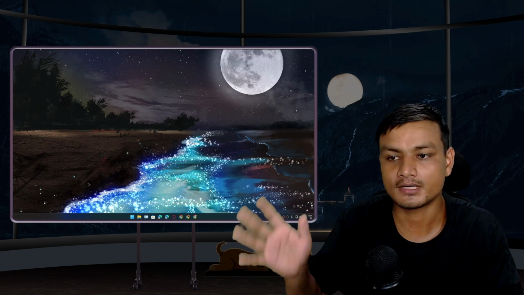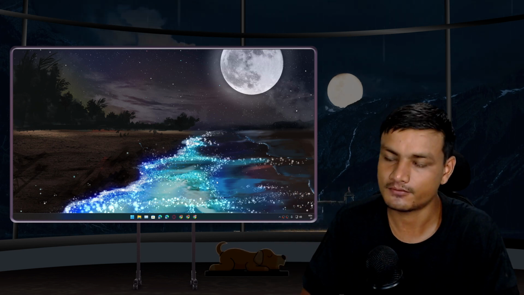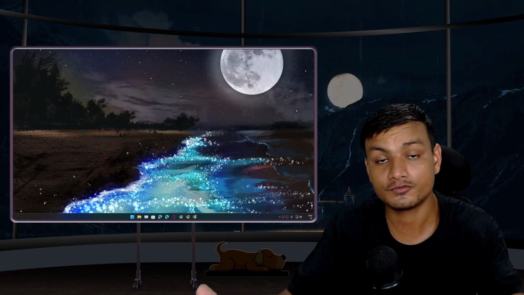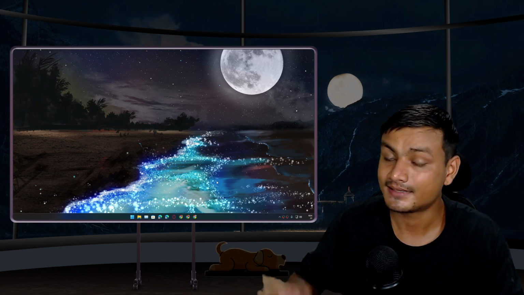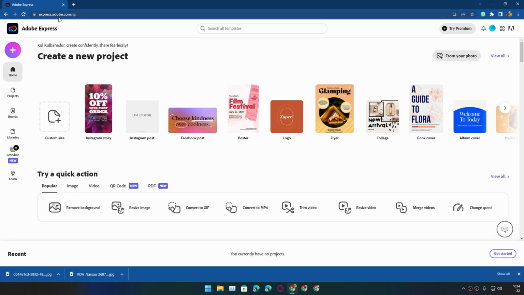And don't worry about the quality. It will be perfect. And of course, it will be free of cost. And if you remove the background from your picture a lot, this will change your life. Yeah. So go to this website,